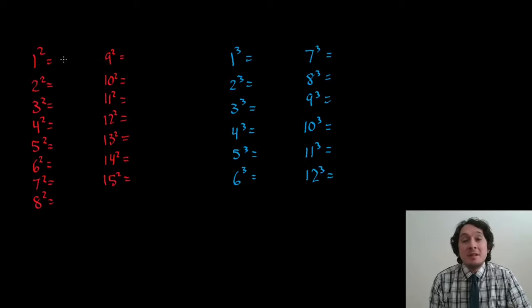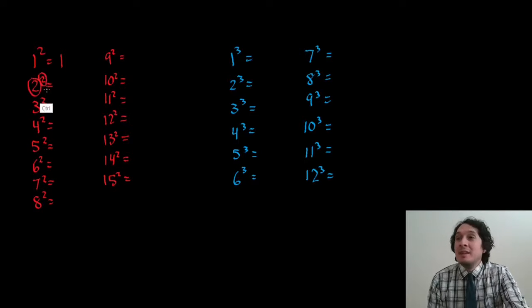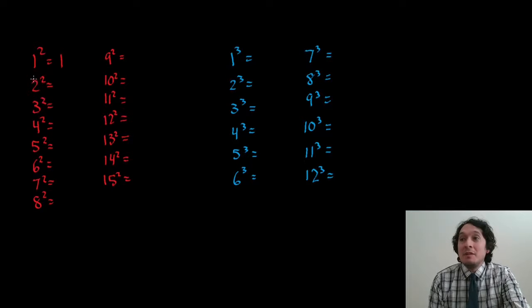1 squared is 1 times 1, which is 1. 2 squared is 2 times 2, but it's not because it's this number times that number. It's because it's this many of those multiplied together. 2 squared, I feel like, throws the most people off because they expect that they should be multiplying these two numbers together,